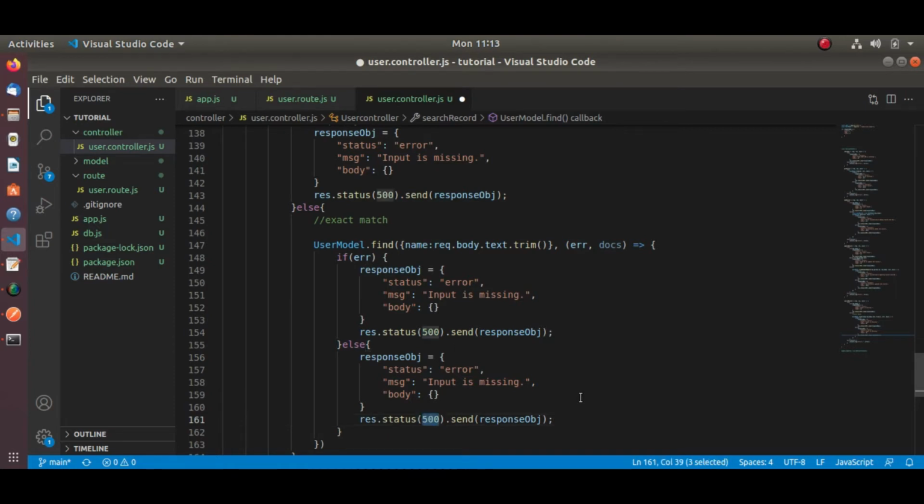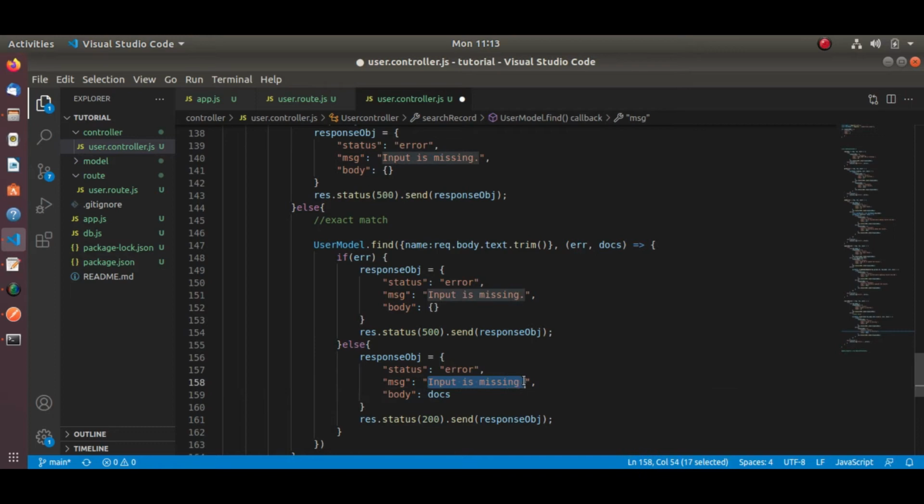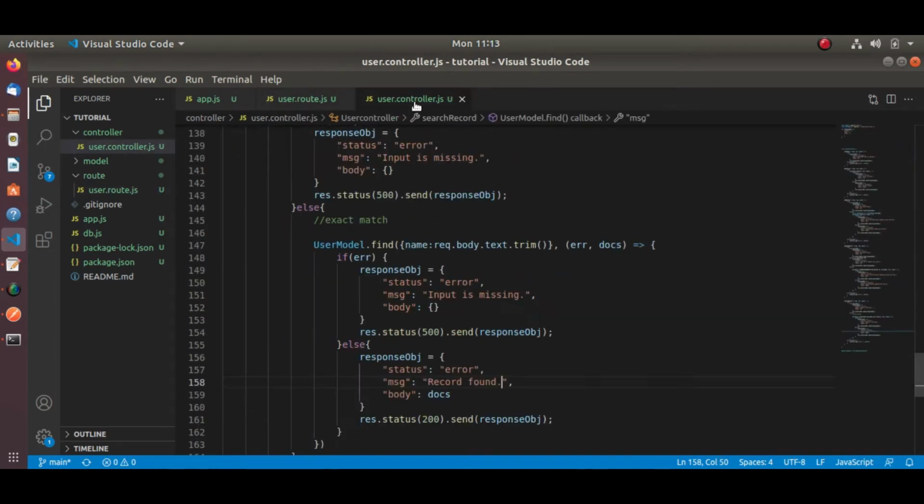If error, we will send the error response. If not error, we will send the success response along with the matched record. Fine. Now our code looks okay.